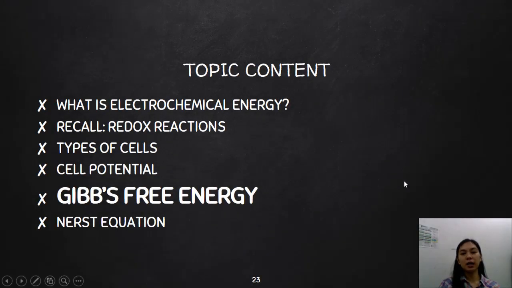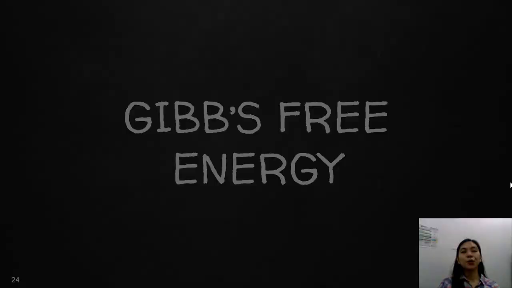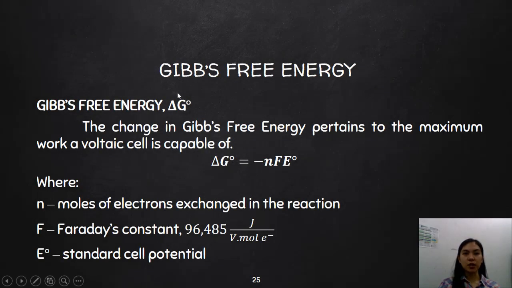So, Gibbs free energy. Ano po ba itong Gibbs free energy? So, when we say Gibbs free energy, this is commonly symbolized as your delta G naught. So, parang degree sign siya, pero usually kasi ang basa dyan is naught, K-N-O-T. So, delta G naught, meaning the change in Gibbs free energy pertains to the maximum work a voltaic cell